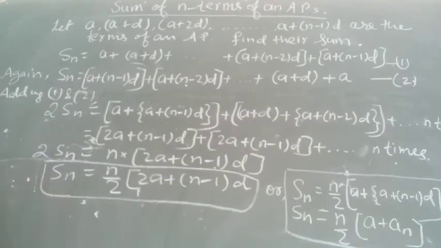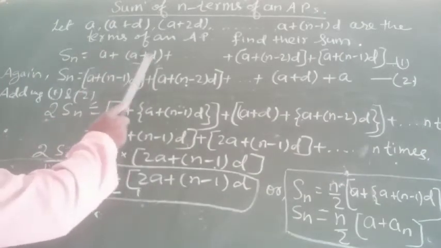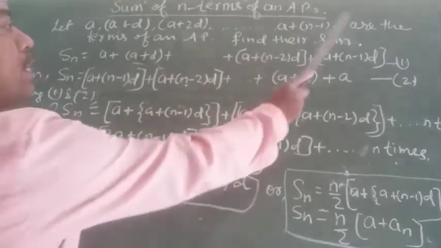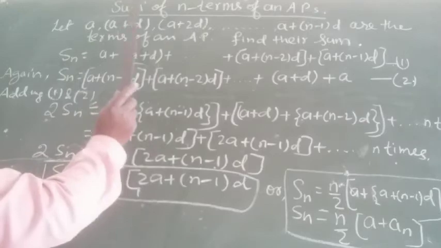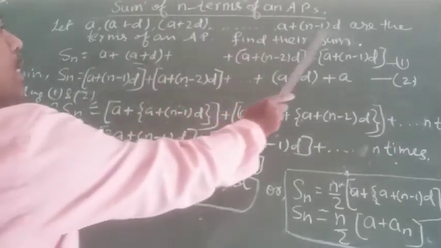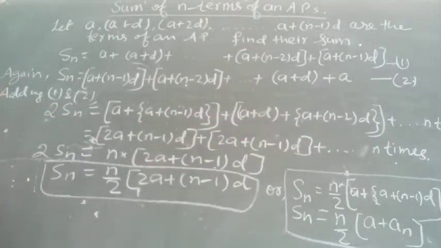We can go through the sequence in reverse order also. Just like you go now 1 plus 2 plus 3 up to 99 plus 100. If you go through 100 plus 99 plus 98, down to 2 plus 1, the answer will be the same. The sum of 1 to 100 and the sum of 100 to 1 will be the same.